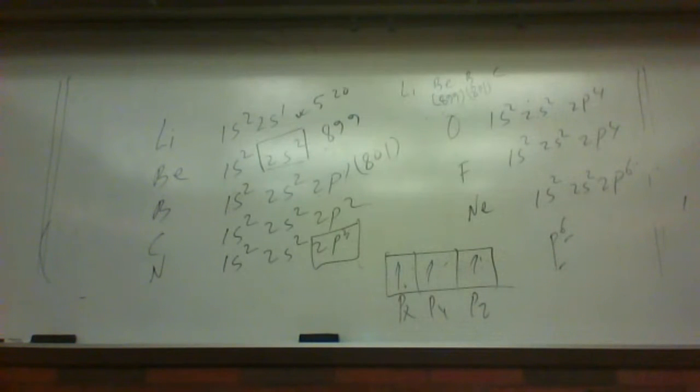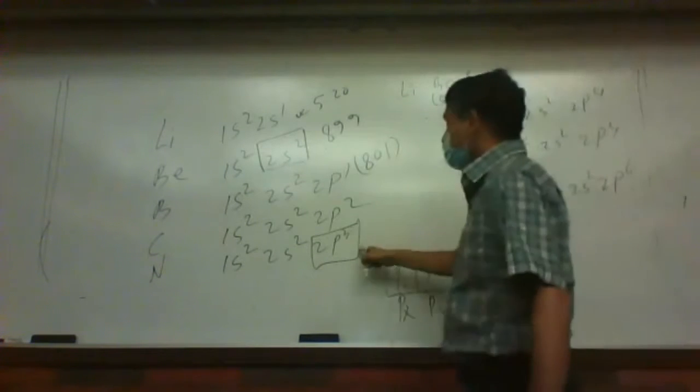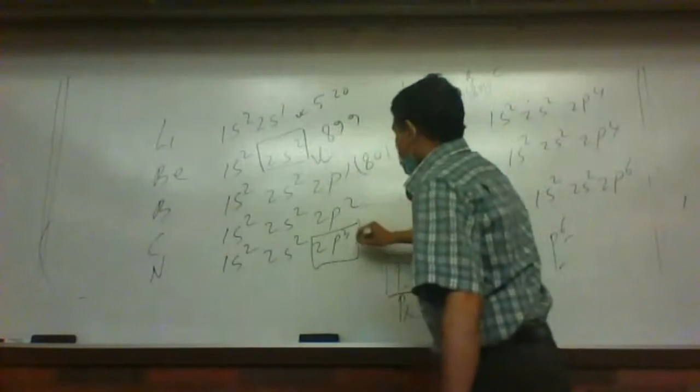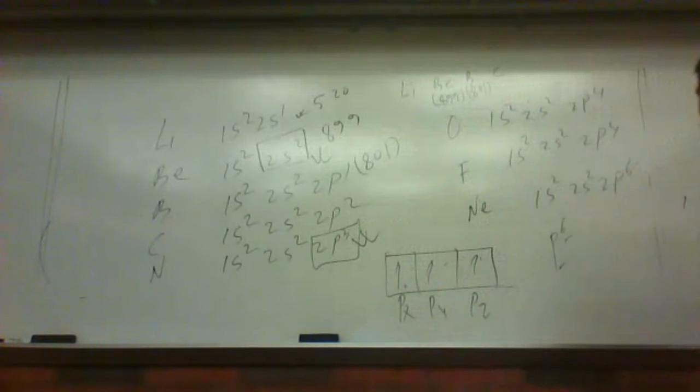Make sense? So why does nitrogen have too high an ionization energy than we expect? Because nitrogen has the outermost electronic configuration 2p3, which is half filled, and it takes a lot of energy to remove the electron from the half filled orbital. Make sense? Good. So this has a very high value. So just look at those. This one is the anomaly. This one is the anomaly. Now let's go to